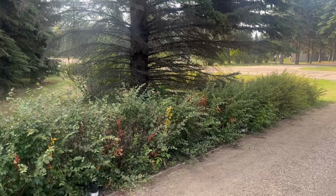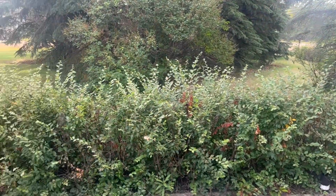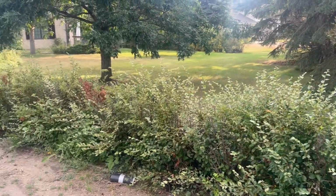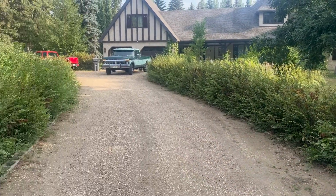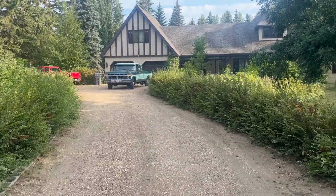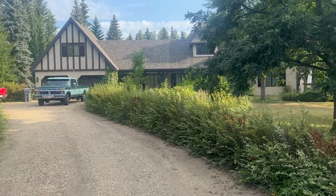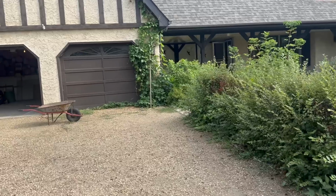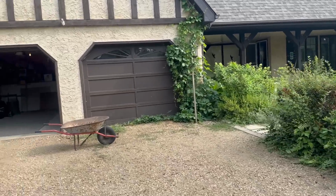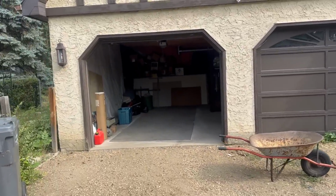All along the front of the house and down the road are these beautiful hedges, but now kind of fluffy and overgrown. And to help resolve this issue, I've called in the big guns today. And very soon that help will arrive. In the meantime, I have been busy